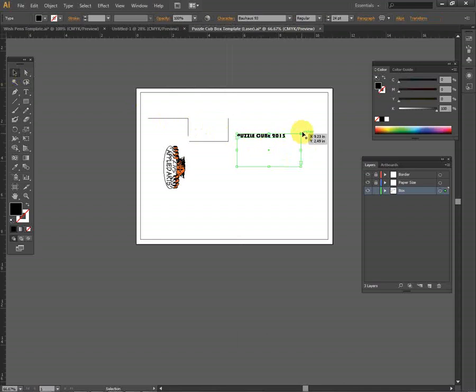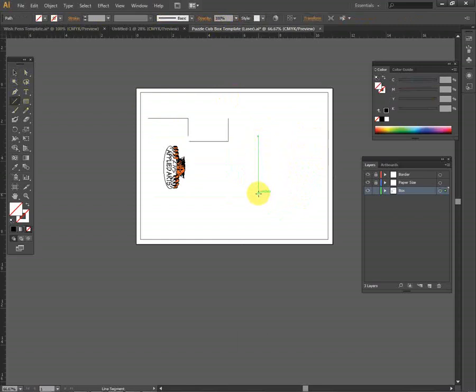Once I'm done with that, if I want to rotate it, again, I choose my select tool. I select this. I go to the corner, hold the shift key down, so it goes like this. If I don't like the size of it, I can make it bigger so it fits across. Well, it's not rotating there. I've got to actually do a different tool to do that, I think. Let me create a line here. Then go to this text, hold the mouse button down and go type along path. Click on this line right there, and then type in